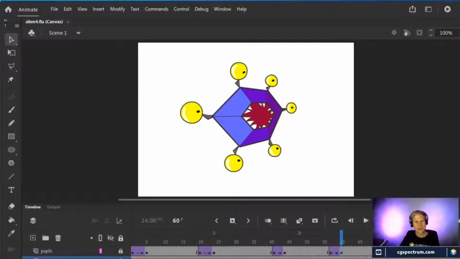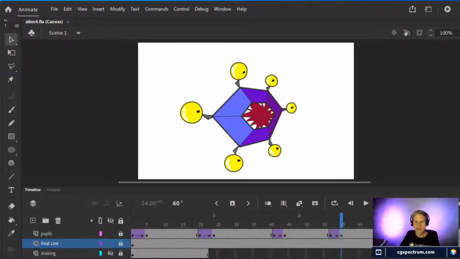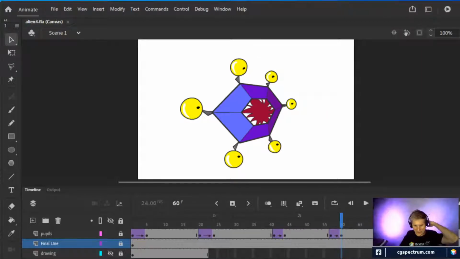Let me share my screen with you now, and you can see this is the one that's on the upper left-hand corner, the purple thing with the eyes. This was probably the easiest one of all, and I'm pretty sure I did it last for that very reason, because I'd run out of energy. So basically all this one was pupils on one layer and the rest on another layer.